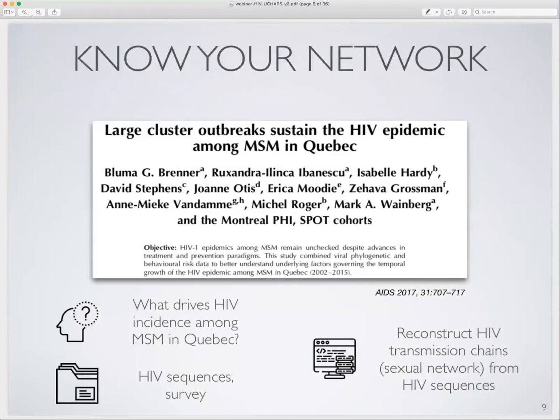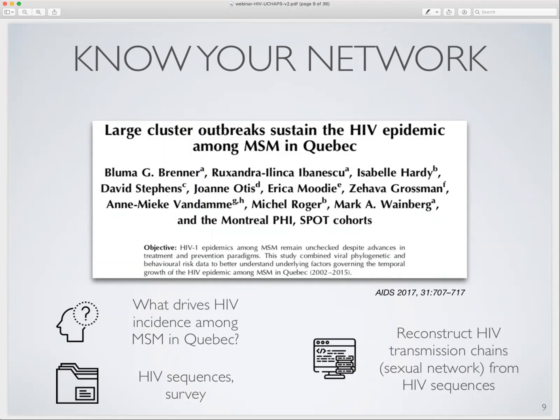Okay, so the first example in this know your network, know your population category is this one. In this study, the investigators wanted to understand what was driving the HIV incidence among MSM in Quebec. In all the examples we will go through today, I will highlight the question, the data, and the model used in that particular study. So here, at the bottom of this slide, you have the question: what drives the HIV incidence among MSM in